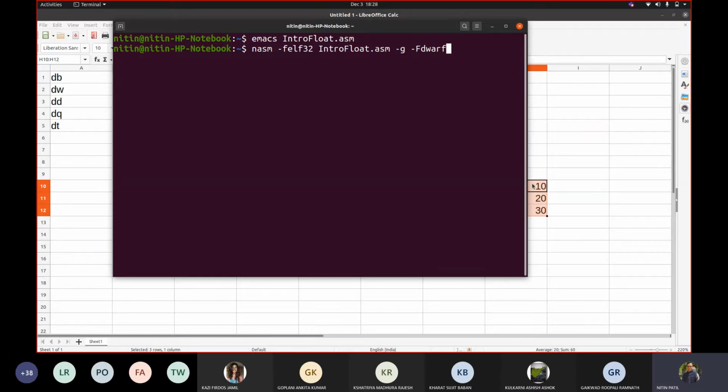We haven't used any printf, that's why. Then gcc -m32 -g intro_float.o. Now if I write ./a.out, if errors are there, they would be shown. Now nothing is shown. So let us go to GDB.